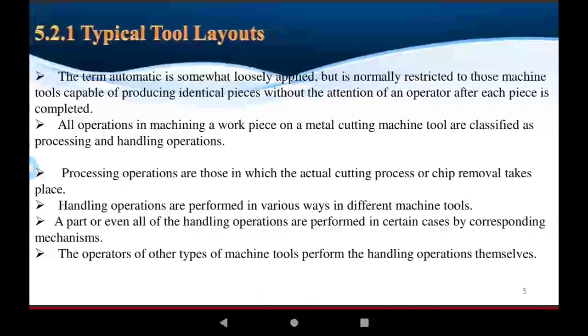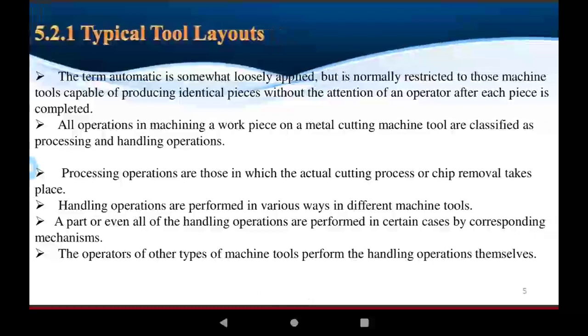The term automatic, this is the CNC machines, automatically performs the manufacturing operation on the jobs. Okay, and the tool is also selected automatically, and the tools perform very fast and slow, applied but normally restricted to those machine tools capable of producing identical pieces without